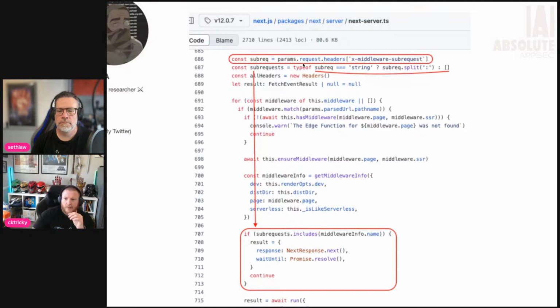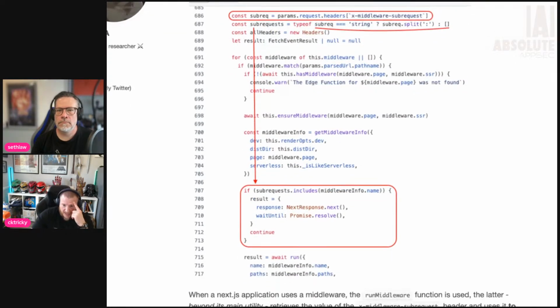So we take this request header X middleware sub request, we create a sub request object out of it, and there's the sub request value that comes out of it, which is just splitting the string. So you've got the key and the value, the key being X middleware sub request, the value being whatever you supplied.